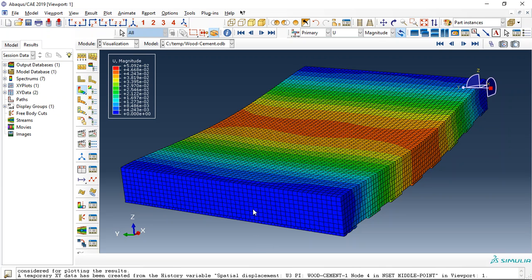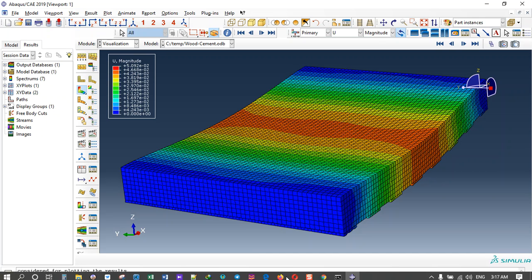This is a ductile material, this concrete, because it is mixed with wood and it has a good ductility. So if you need to model wood cement material with BFRP and steel reinforcement under the blast load, you can come to our website